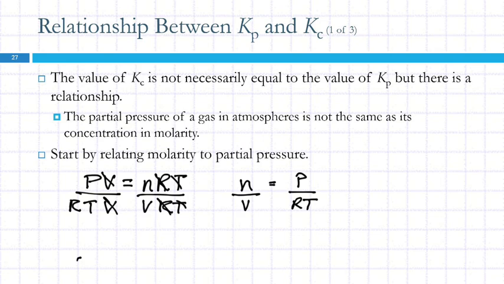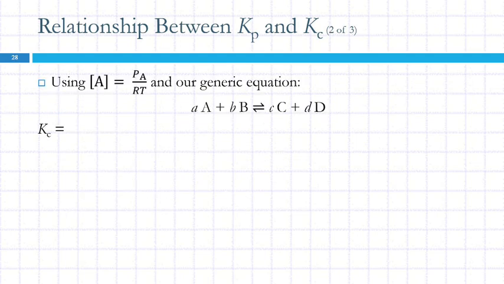We don't typically think of gases as having a molarity, but they do. And it's related to their partial pressure. It's not the same, though. Any questions? So we can say that the concentration of gas A is equal to the partial pressure of A divided by RT. So we're going to figure out the relationship between Kc and Kp, and we're just going to use our